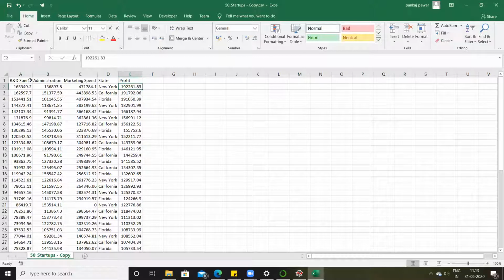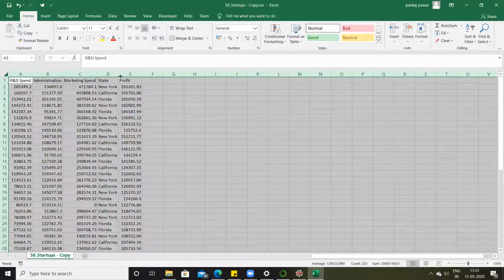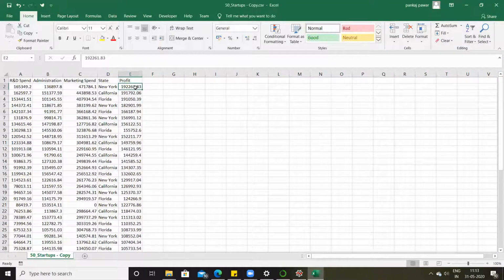Okay, so what this profit column indicates is that the company has earned this much profit by investing these amounts in different departments. And this is the historical information. Now what we want to do is a prediction. Let's assume that in the next quarter, I want to predict what the profit will be. For that, I will check the books of this particular company and see what expenditure was spent by this company, and based on that, it will do the prediction.